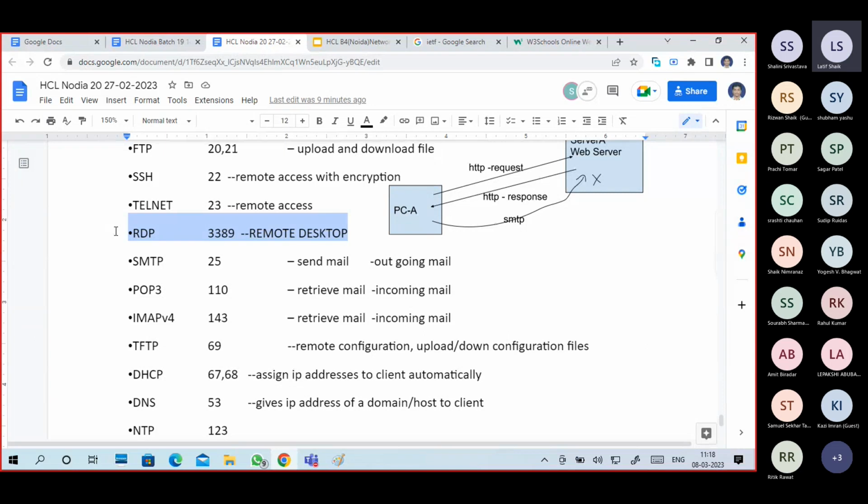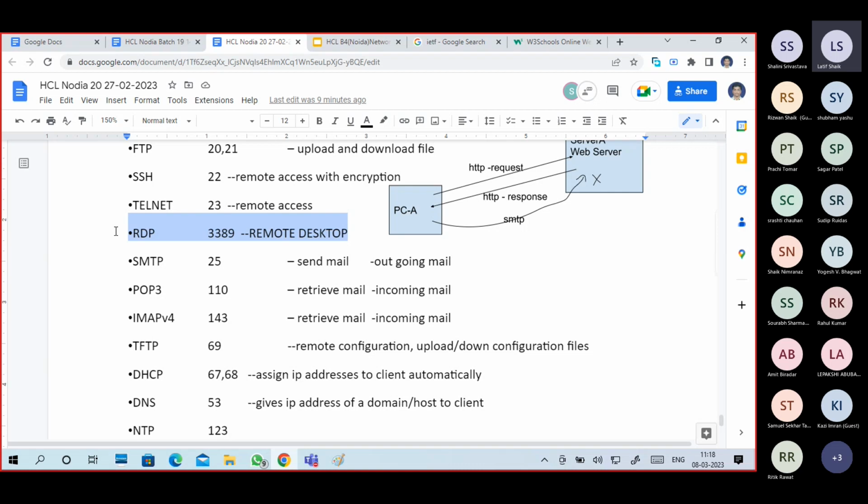POP3 and IMAP are used to retrieve mail. There is a mail server, for example Gmail, and I want to see what mails I got. Which protocol do I have to use? POP3 or IMAP, depending upon the requirement.